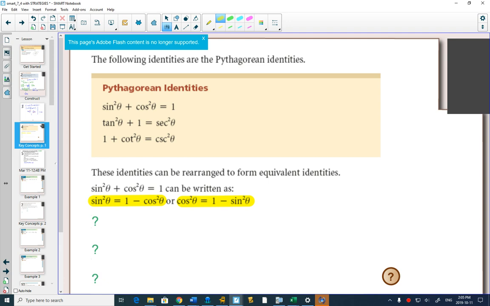You can't skip 18 steps and just say, yeah, it works, good. You have to show your work. But you are allowed, if sine squared plus cos squared equals 1, you're allowed to do one step in your head. So if you had 1 minus sine squared, they'll allow you to change it to cos squared. If you had